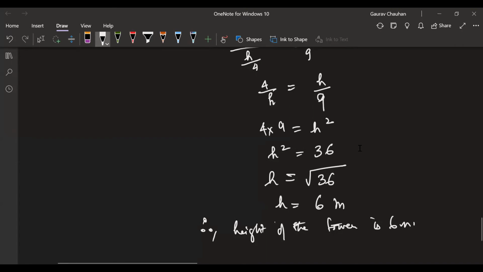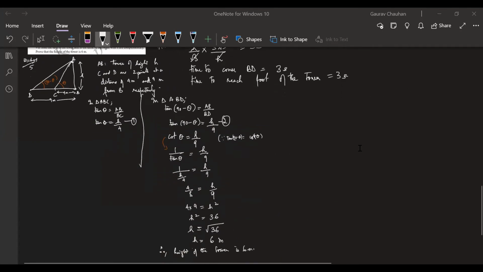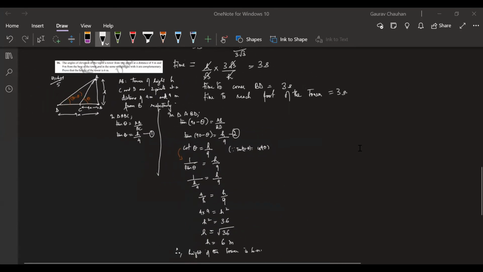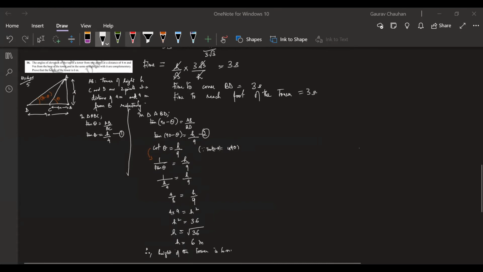Simple question, this one. Again, I did the same thing. I took the two triangles which we were dealing with. I made sure that we were keeping this particular common side in both the ratios which we were taking. Once we did that, we just used some trigonometry, complementary trigonometric relationships that we knew from before, and we were able to get here. After that, it was just algebra.